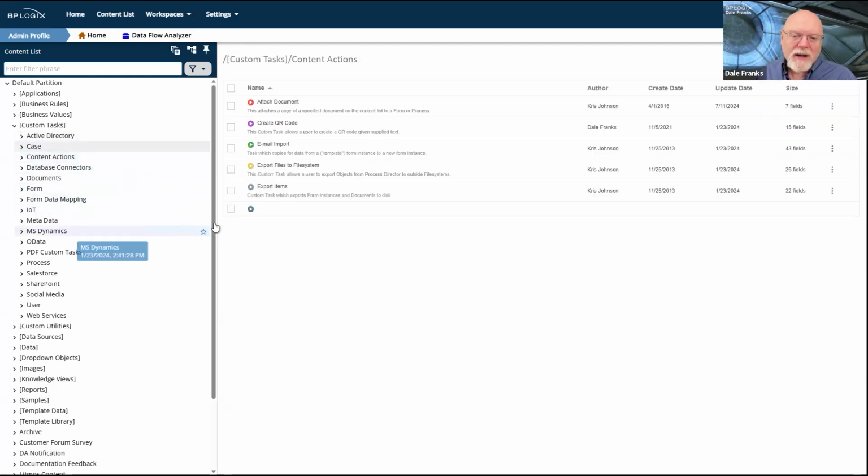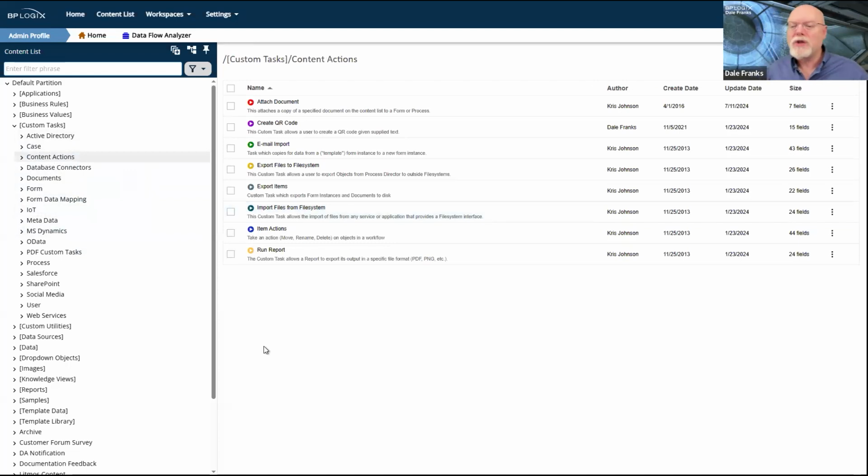Case content actions, those are where you're doing something in the content list. You're either exporting items from the content list, or moving them, or copying them, or taking items that live somewhere out on a file system or in an email system, and importing them into Process Director to make some sort of alteration to a content list object.